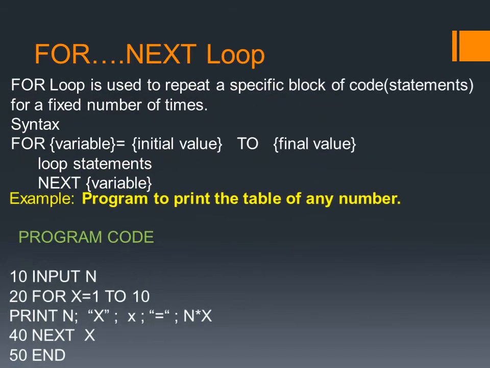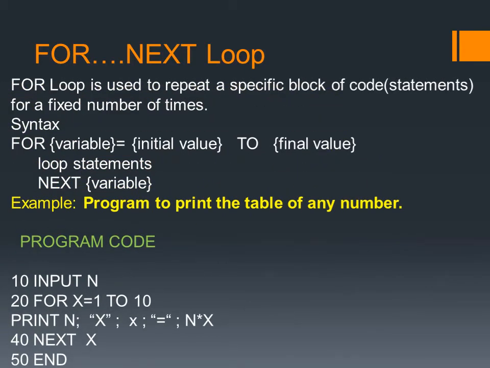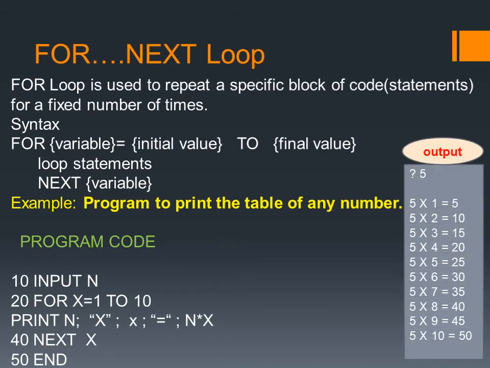Now let's have an example of it. INPUT n means enter any number from the keyboard. FOR x equal to 1 to 10 means the variable x has the initial value 1. It will continue till the value of x reaches 10. It will print n, and here suppose we have taken 5, the value of n is 5, it will print n, which means 5. Then in the double quotes there is